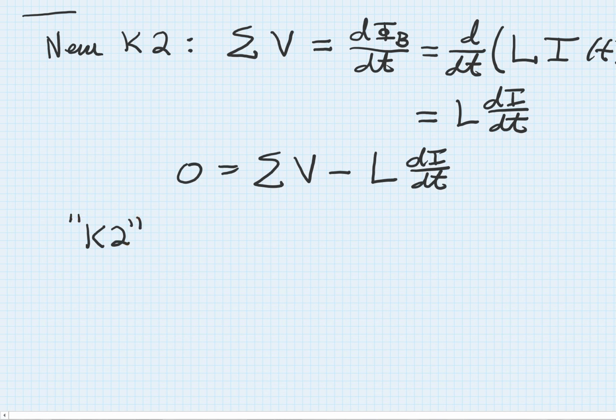That's why I'm putting it in quotation marks, where we say 0 is always equal to the sum of the effective voltages around a loop. And when we write this, of course, all of the real voltages that we're used to around the loop are still in their same familiar form, Q over C for a capacitor, IR for a resistor. But now there's one additional new type of circuit element, and we have to keep in mind that the